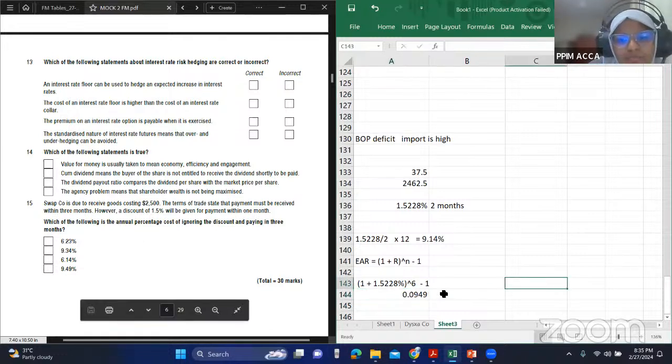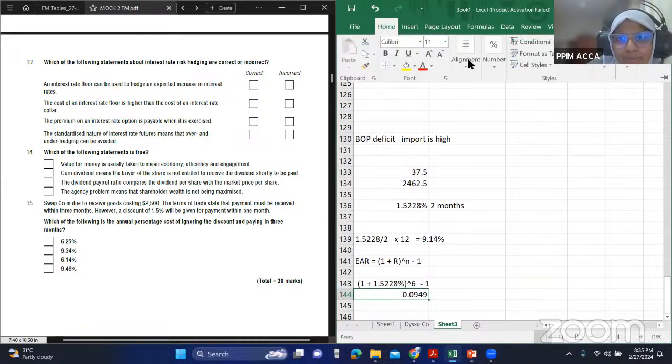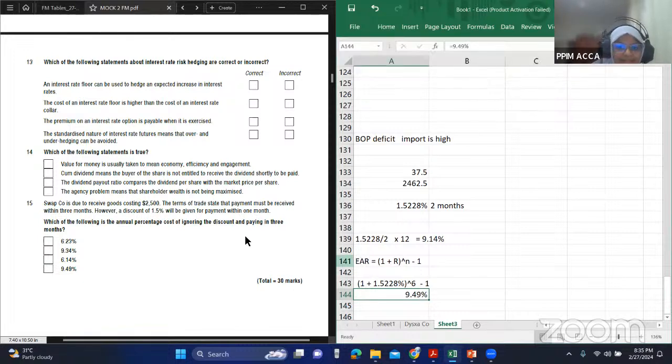Honestly, I don't know why both are giving different answers. It could be because at that period, they were only asking for EAR to be used. Like I said, this is 2016. So if you use this equation, definitely you get the answer. But after that, a technical article was written, and they even allowed this method. Even in the pre-mock, when they are explaining in the debrief videos, they allow this method. But for us to be on the safe side, know both. If you do one and you don't see that answer in the MCQ, then use the other one and see if it works. So that's that.